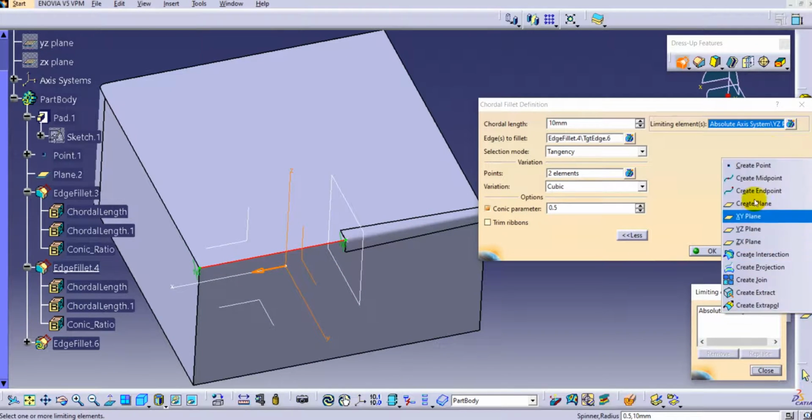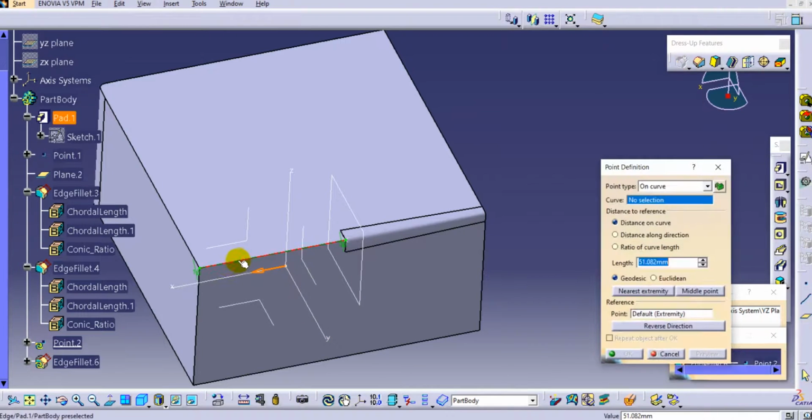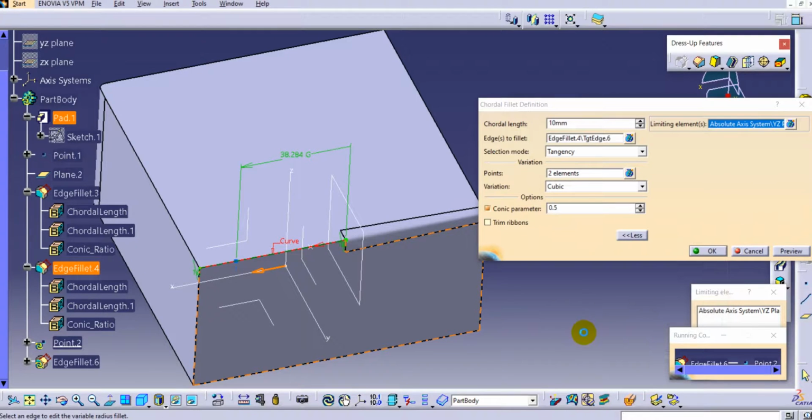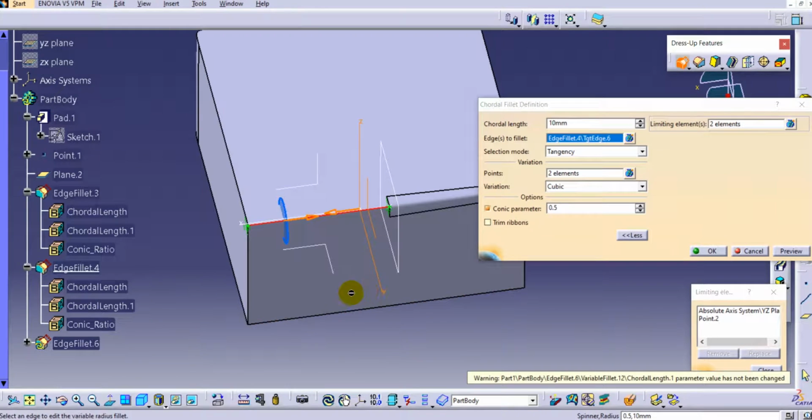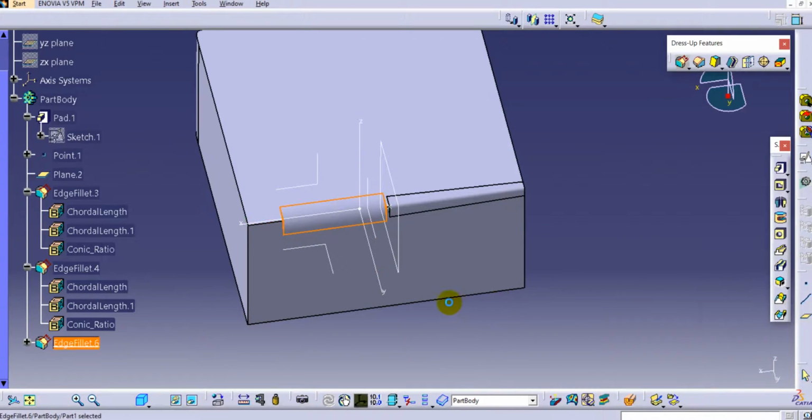Just right click on it and create a point, and just click on it anywhere you want. Just click on OK, and now just click on preview. Just click on preview, and it will create a fillet between those two limiting elements.